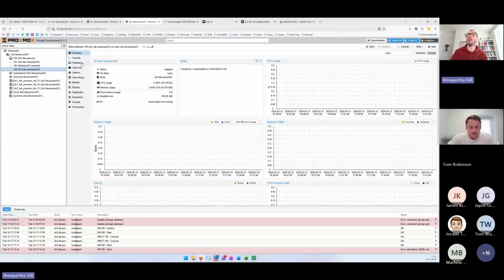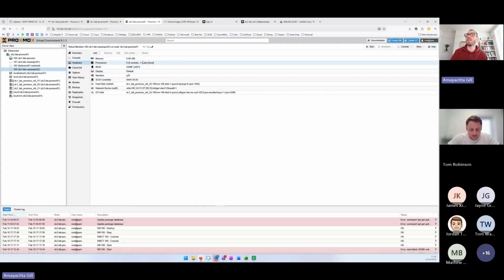Let's have a look at it. So this is the definition from the first site. You can see it's got similar paths. It doesn't reference the mount point path in Linux. It references the name of the data store within Proxmox. So